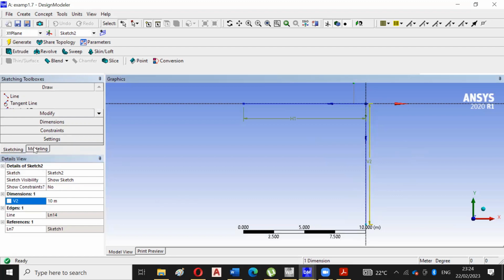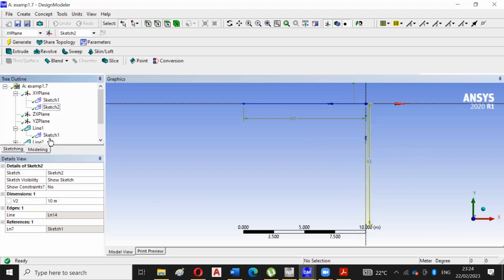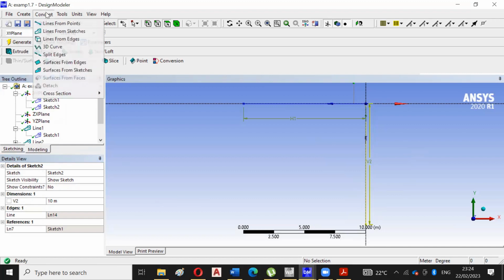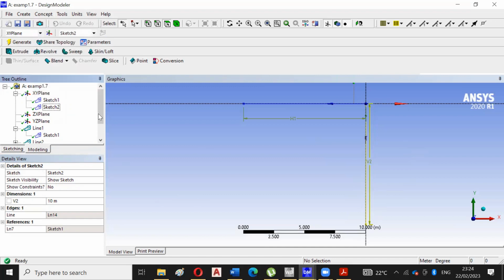Then, in a similar manner, we will be converting this line sketch into the line body by going into the concept menu, then lines from sketches, and this line 2